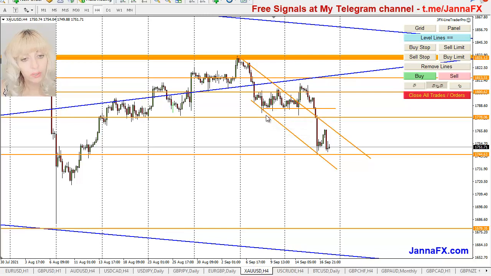It's been here, you see, so many times touching it, and finally I thought, okay, it's probably had enough, and it's time to break through that area. So like I'm saying, those were the expectations, but like I said, I didn't want to risk anyone, because from here it was already a big drop, so I placed my order here somewhere. So that's why you see it was a bit risky, because from here it could have turned around again. So that's why I didn't want to send a screenshot.